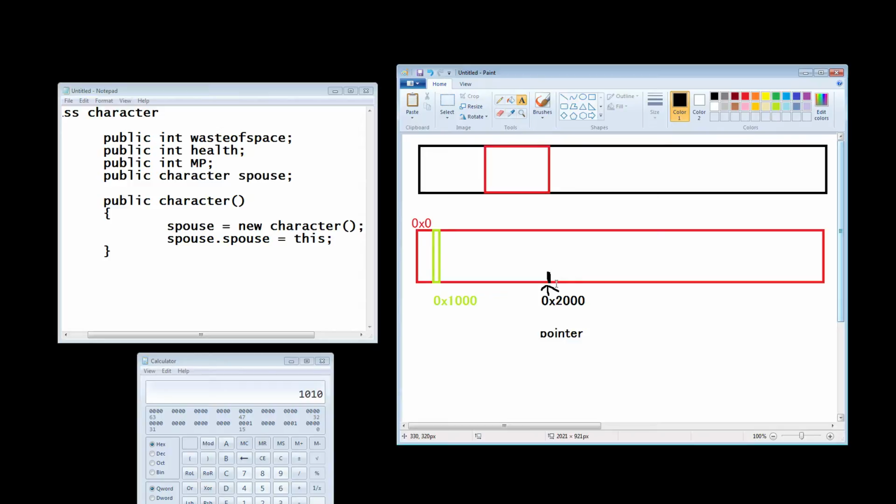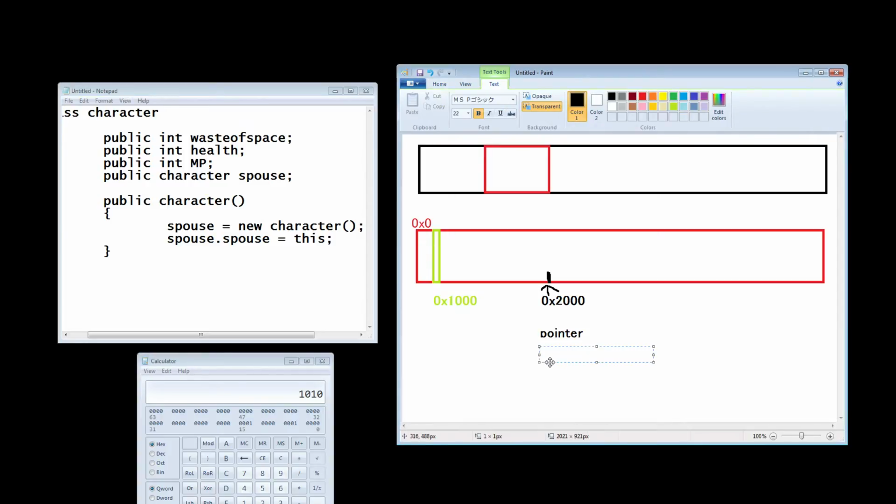But if it's set up correctly, and we have a class or whatever it is we're trying to point to, and it's set up and exists, and we're pointing to it, there we go. 0x2000. That is the location we're currently at. And we're going to say that this pointer points to,